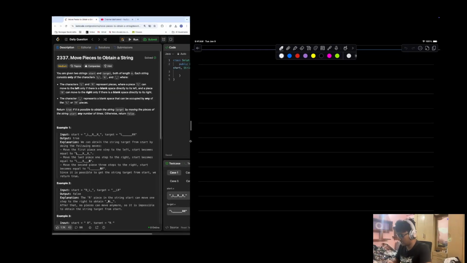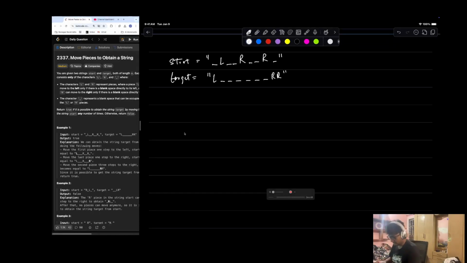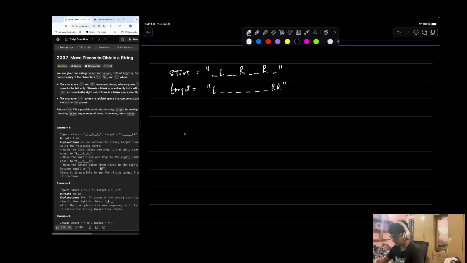So let's say that we have start as underscore R, underscore R, underscore R underscore, and then target as L, and then R and R. So if this is a start string and this is the target, the first thing that is given is